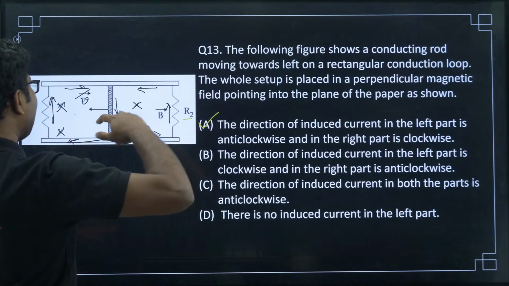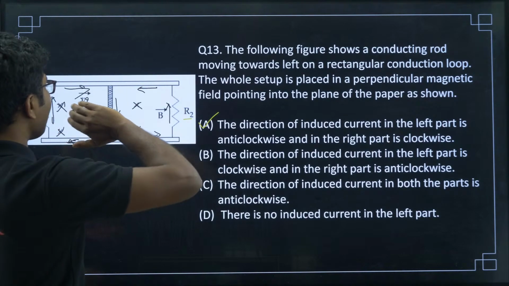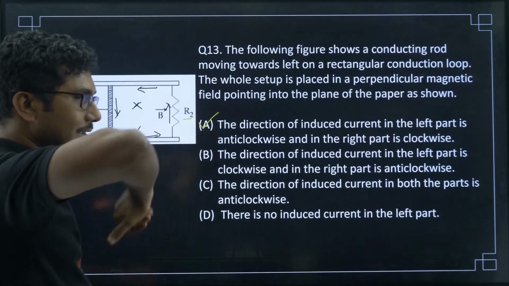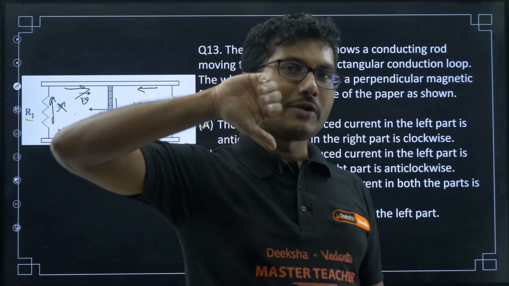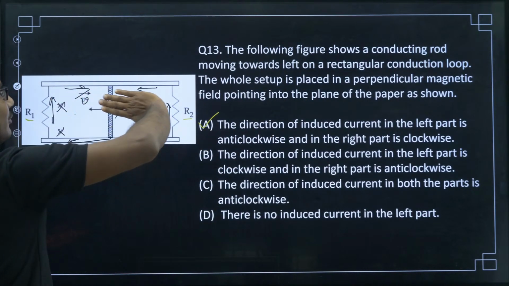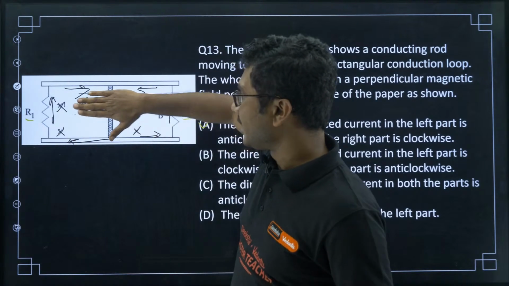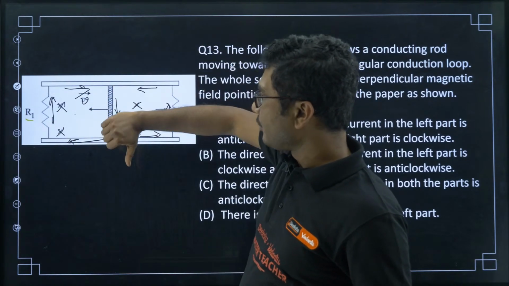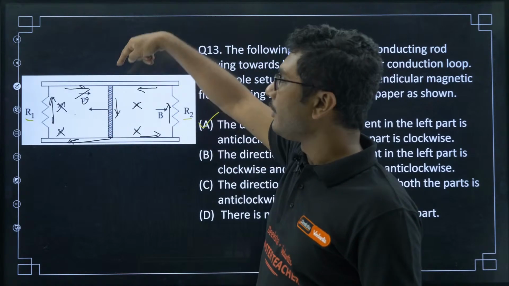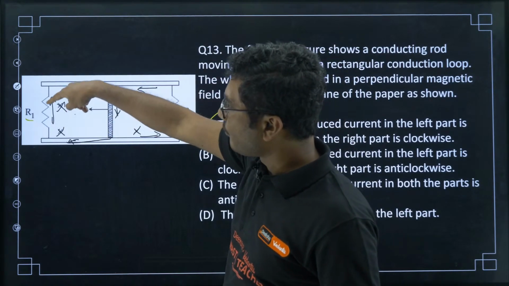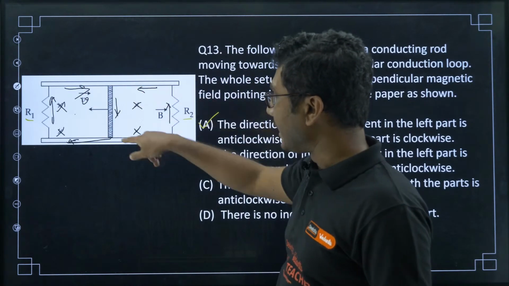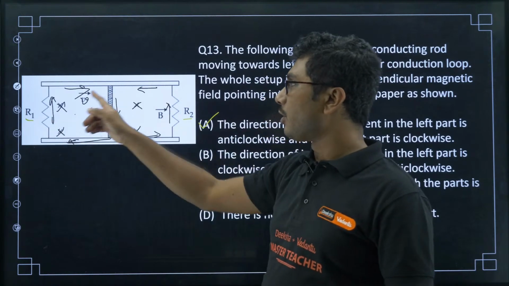V is given in this direction and B is into the paper. So, V cross B, yes, current is in downward direction. That is also fine. So, V is in this direction, B is into the paper. So, current will be in the downward direction. Current in the downward direction means current will be fixed in this rod, right? So, current will pass like this in this case and in this case, and both side there will be current. Don't forget that current will be on both sides.